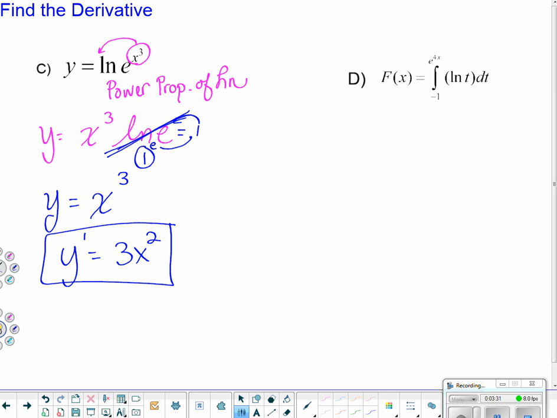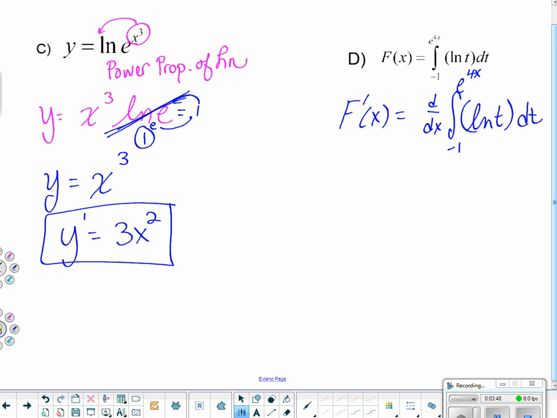Letter D, we want the derivative. So I want f prime, don't I? Well, if I take the derivative of the left, I also need to take the derivative of the right. And this becomes a second fundamental theorem of calculus type problem. Taking the derivative of the antiderivative, they kind of balance each other off. They are inverse functions. So the trick is